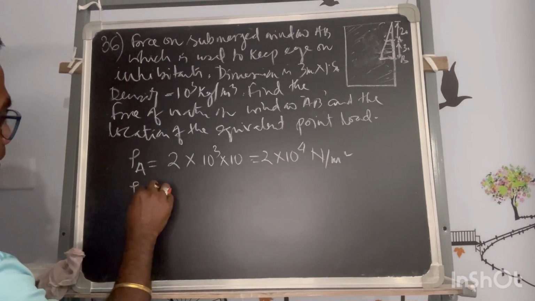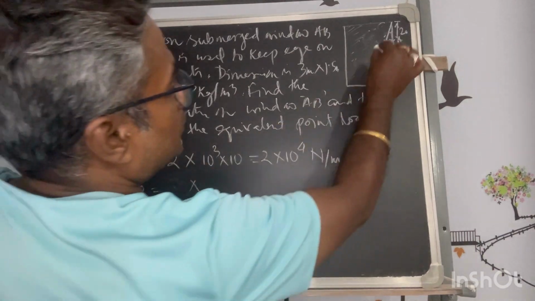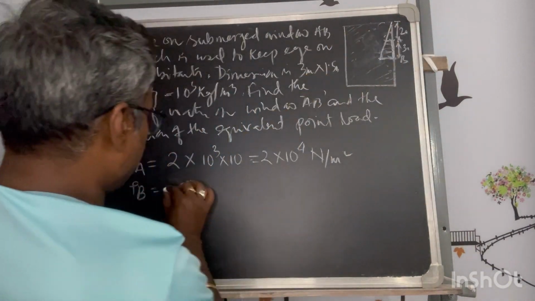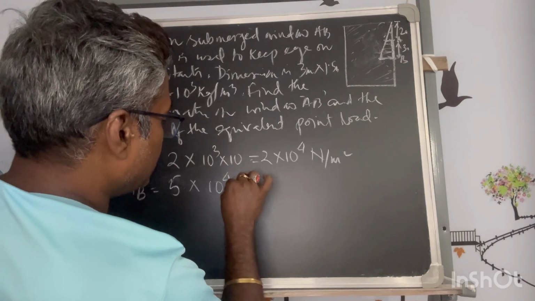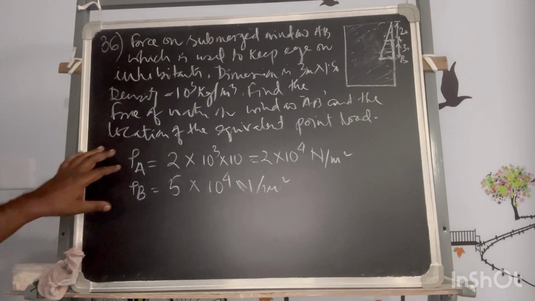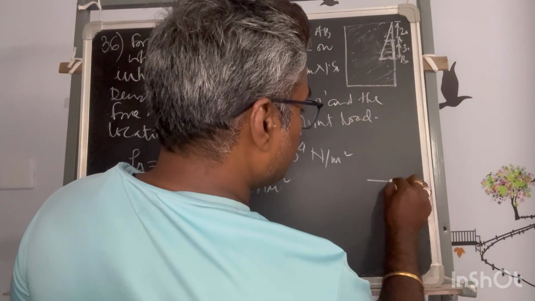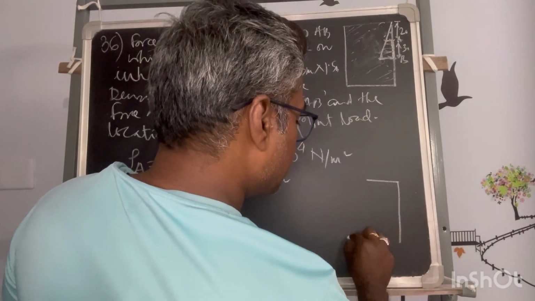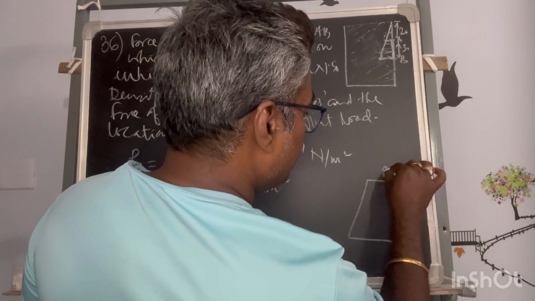That of PB is equal to 2 plus 3.5, and other things will be the same, 10 to the power 4 Newton per meter square, this much. So these are PA and PB. Now in this area, if I draw it on a bigger scale, this is your PA,